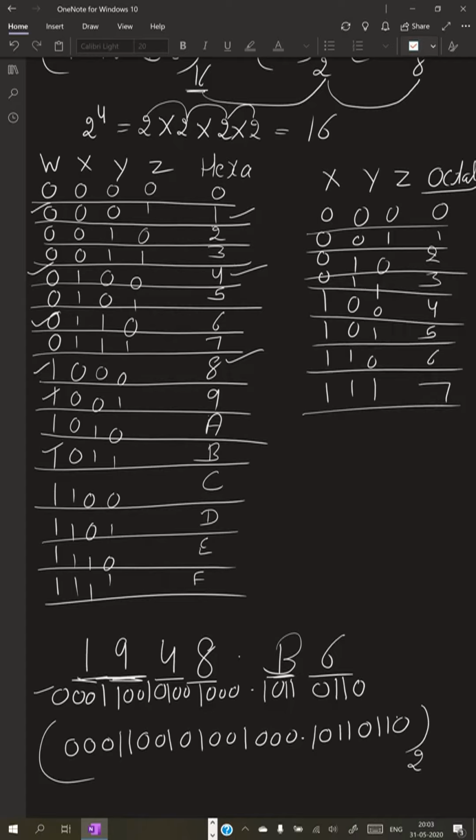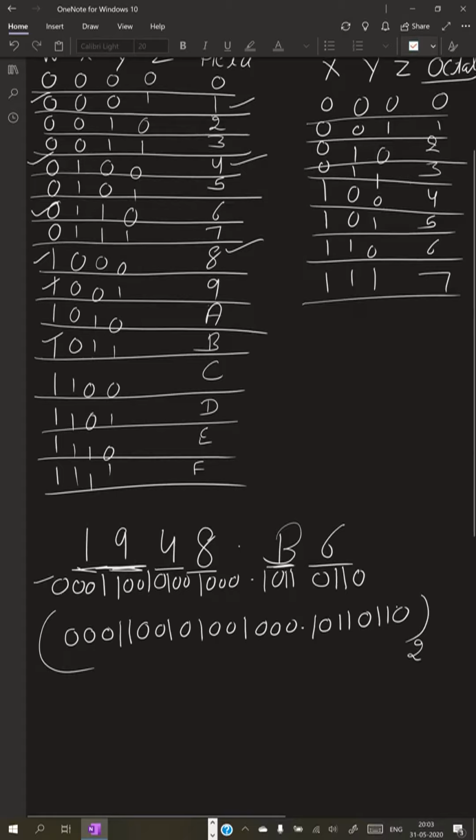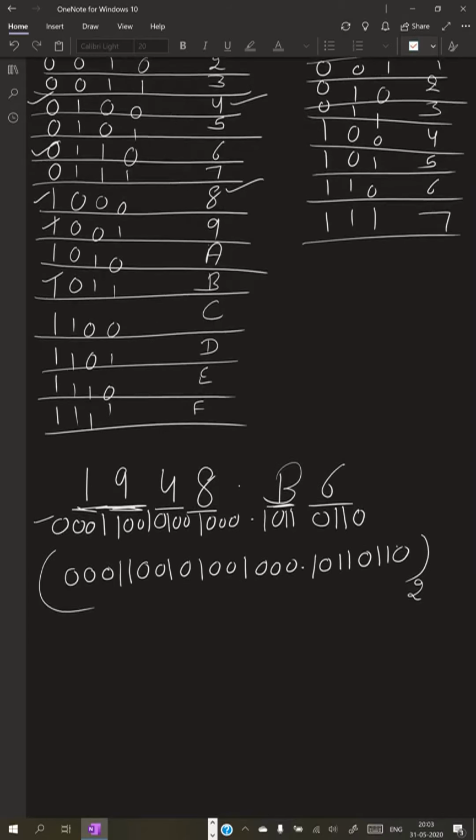Now we make combinations of 3 bits each. For example, first you write down 000 110 010 100 dot 101 101 10.